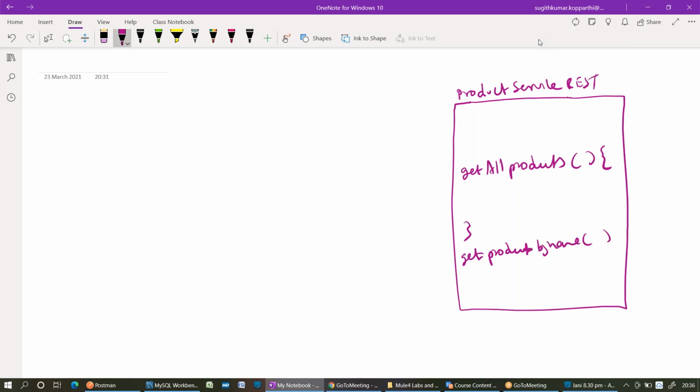This get product by name will expect some input argument, execute some logic and return some value. Here also it will execute some logic based on the incoming request and return some value.